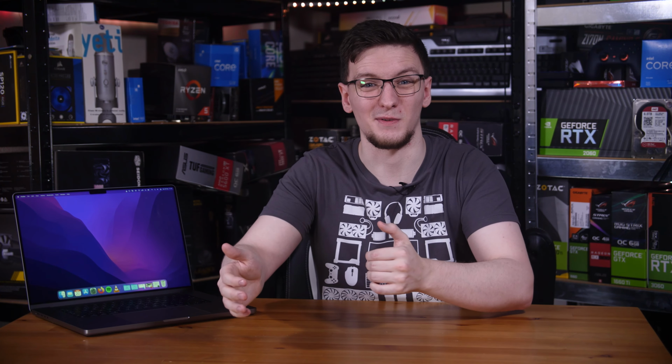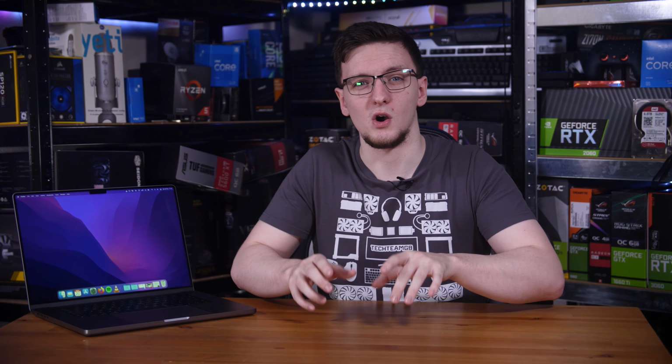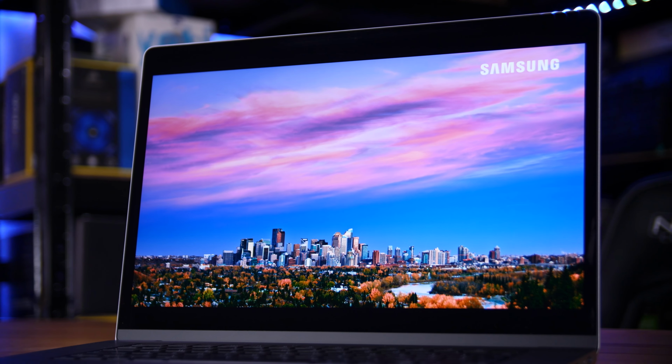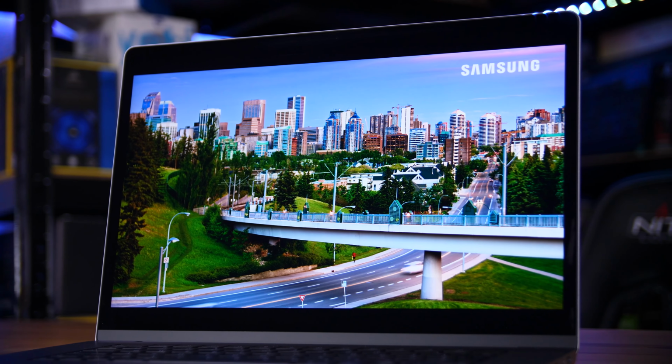A 30 millisecond response time means that anything over 30 FPS, like say 35 or 38, 48, 60 FPS footage, all of those are going to have ghosted frames on screen during playback. Now luckily I can't say that this ended up being overly distracting or noticeable during my admittedly brief testing with